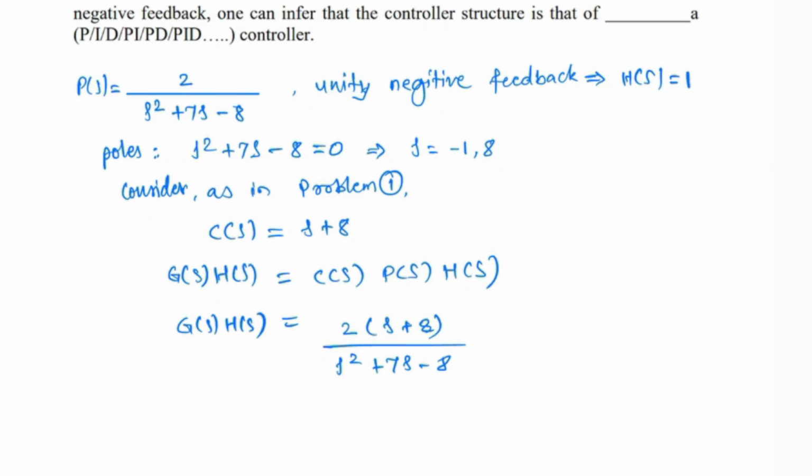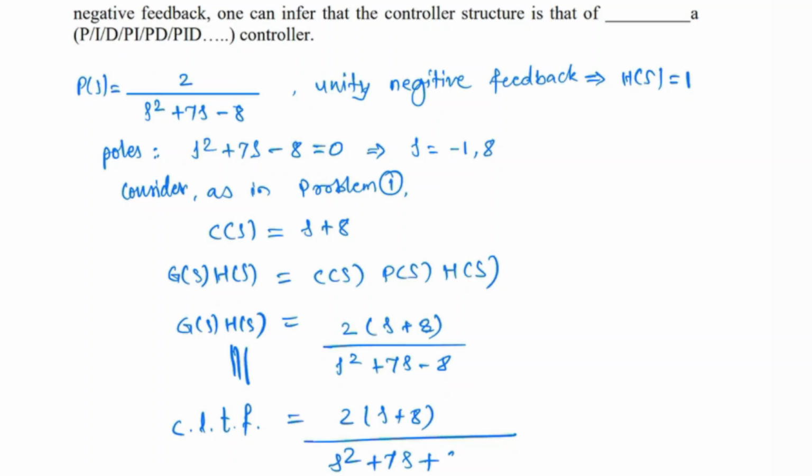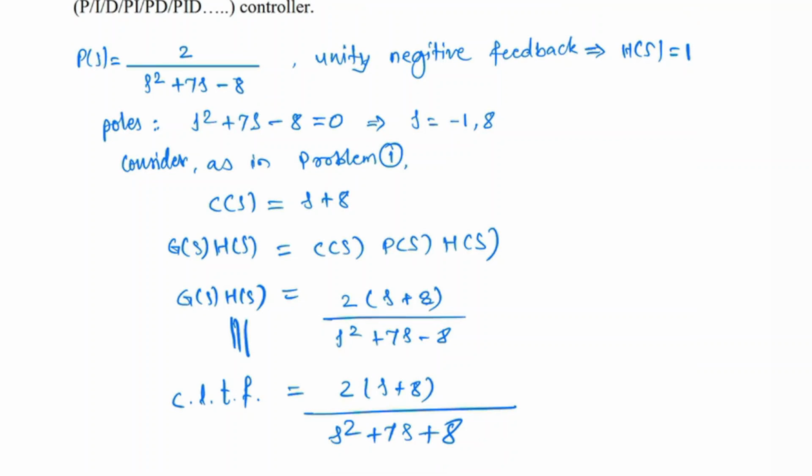So if we write an equivalent closed loop transfer function, which we had found out in the first question, it would turn out to be 2 in bracket s plus 8 over s square plus 9s plus 8, which was